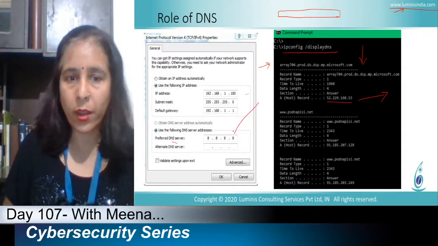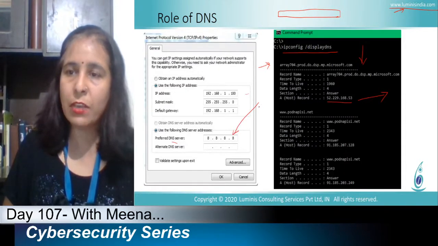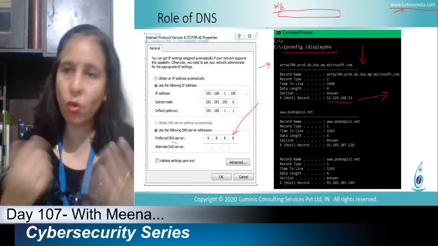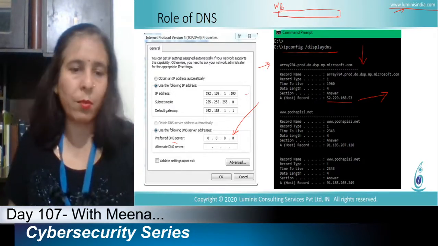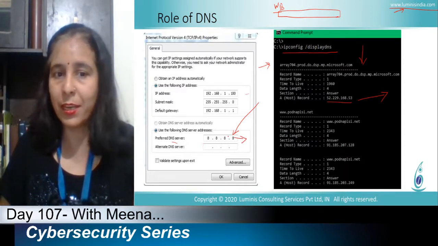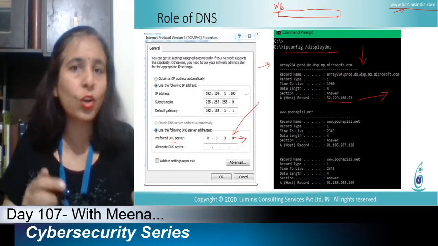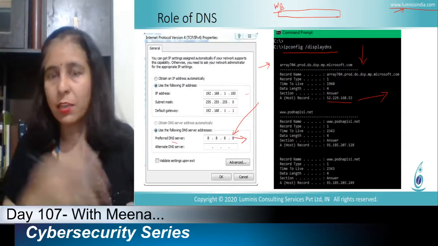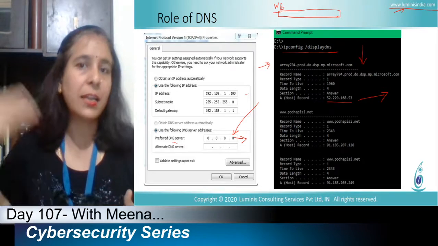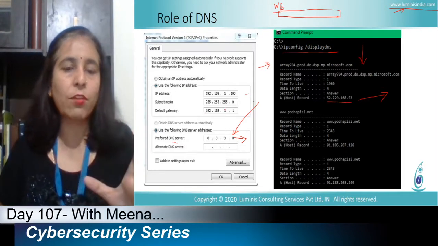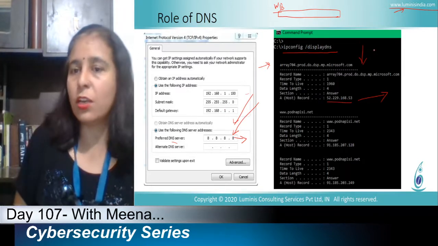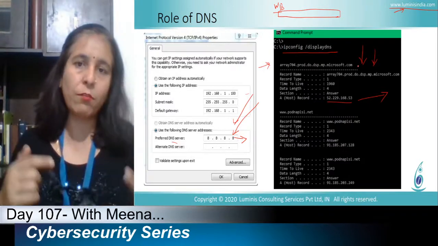our PC will send a request to resolve the IP address of the URL we entered on our web browser. This is our web browser, it can be Chrome, Firefox, or another browser. It sends that request to the particular DNS server we have mentioned here. If that server has the record, it will forward the information. If it does not have the record of that DNS query, it will ask the higher-level DNS server, and after getting the reply it will forward it to us, saying this is the IP address you are asking for. An entry is stored in the cache,